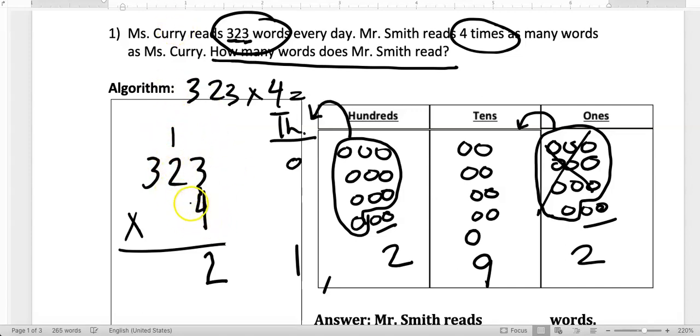Now I'm coming back and I'm going to start multiplying again. 4 times 2 gives me 8. Don't forget about this 10 up here. 4 times 2 gives me 8, plus this 1 is going to give me 9,